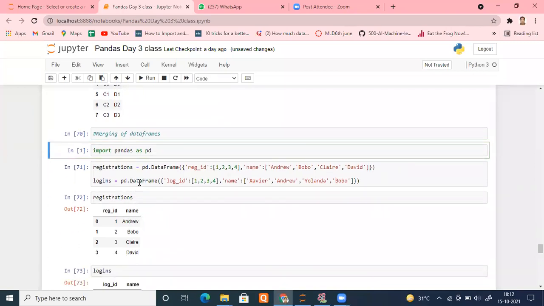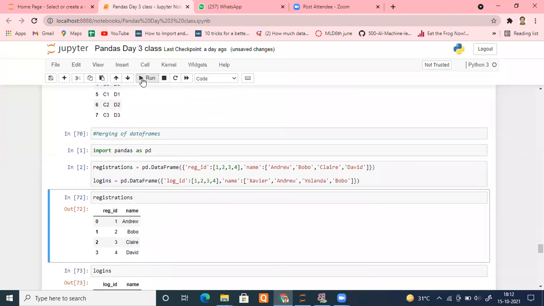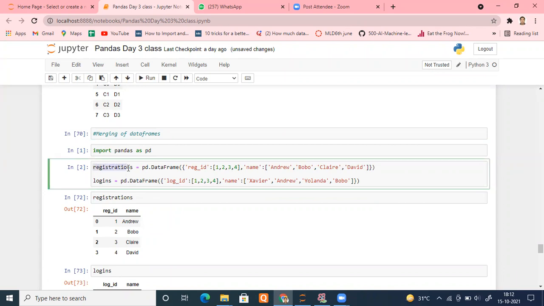We took these two data frames yesterday, so I'm taking the same two. One is registrations, which has two columns, registration ID and name, and another data frame, logins, which again has two columns, login ID and name. Let me give an example. Suppose I'm hosting a conference after 1 month, but I open the registrations today itself.